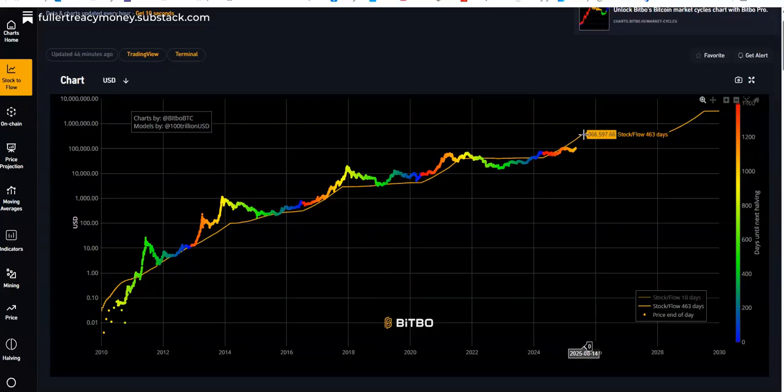Now, that's a big move. And what would need to happen in order for something like that to occur? Well, I think the easy answer is there would have to be a source of liquidity that hits the global economy on a par with the kind of stimulus that we've seen at major crises in the past. And I think that is something that a lot of people are wondering about. It's probably something that I